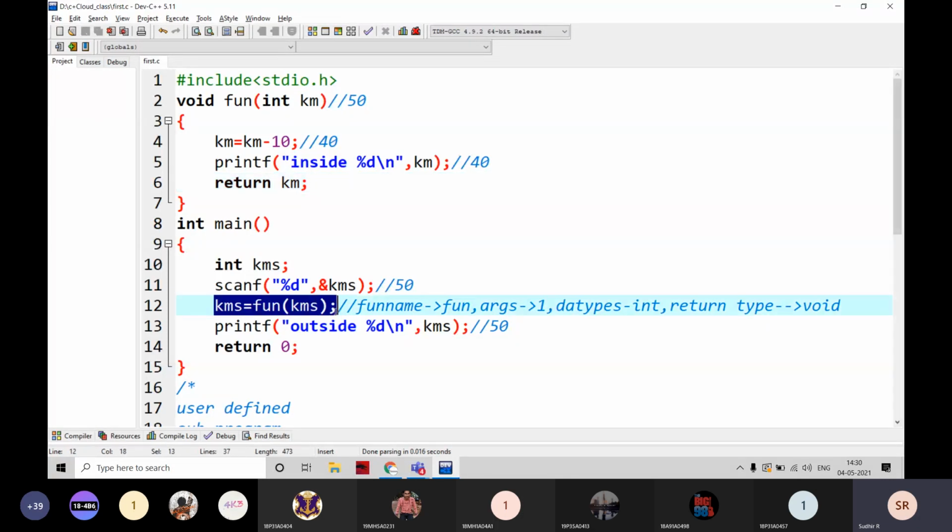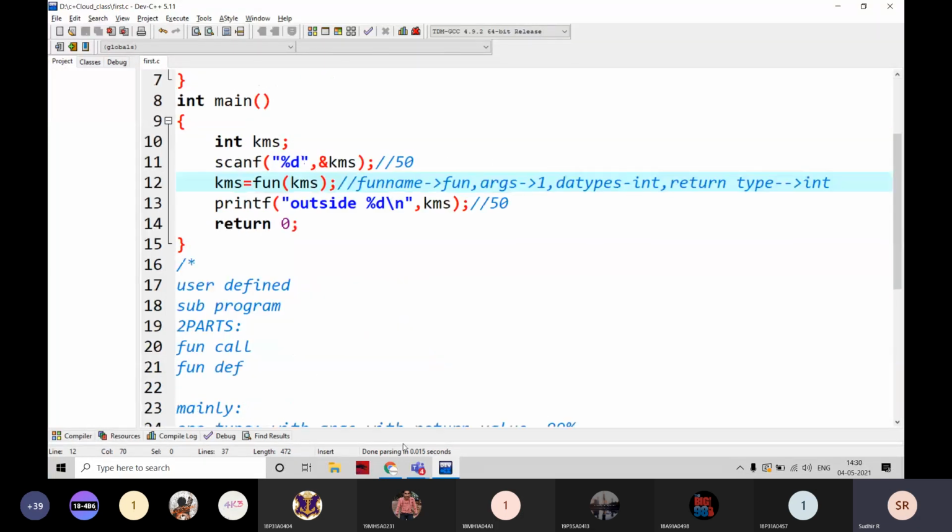If the function is going to be like this, that means the return value is there, no doubt about that. Now what is the return type of that? KMS is one variable. What is the data type of KMS? Integer. Then automatically the return type of this function is also integer.